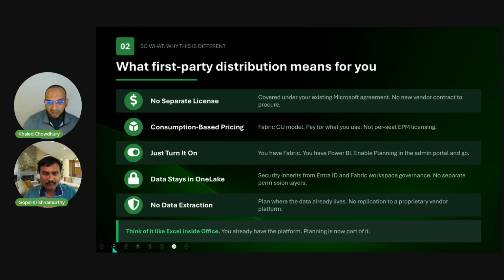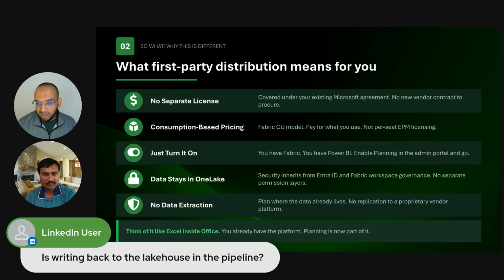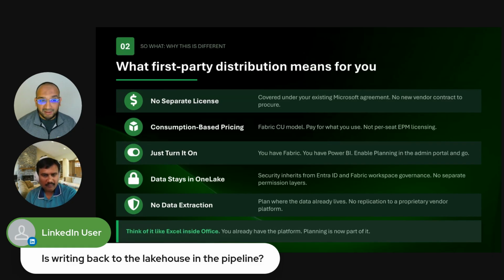Okay, perfect. I don't want to take questions, but let me handle one question. There's a question about, are you writing back to a lakehouse? You wouldn't. You'd be writing back to the Fabric SQL. Fabric SQL is doing real-time mirroring. That is something you can shortcut to your lakehouse. That's how your Direct Lake can run and all that.